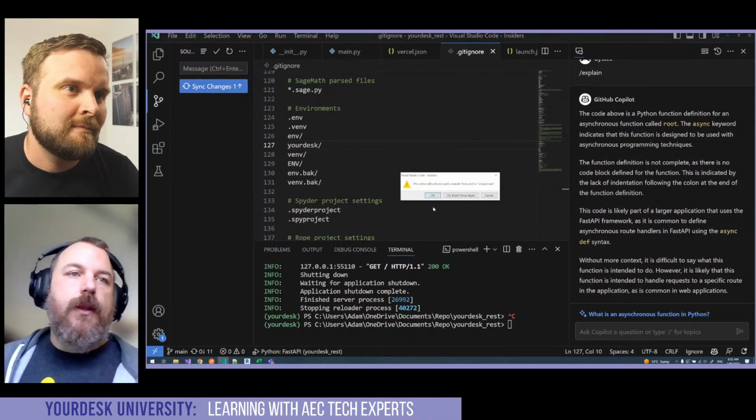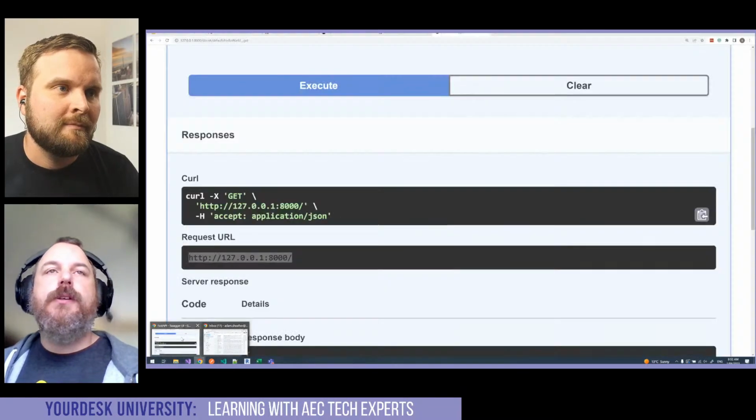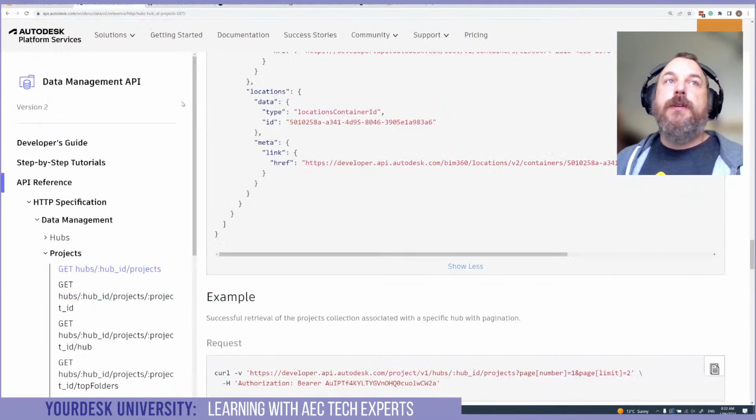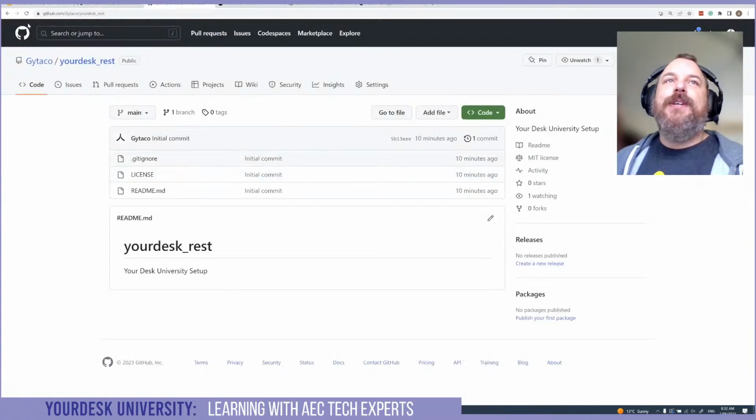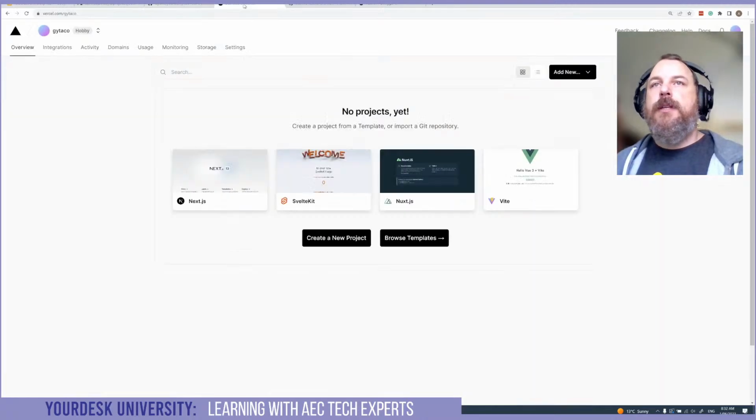Excellent. So it's spinning. Let's come back up here to our GitHub. Do a quick sync. Hopefully the data's coming up. Yep, there's all our data. It's now just populated. So what we can do with Vercel is if I come in here to add new project